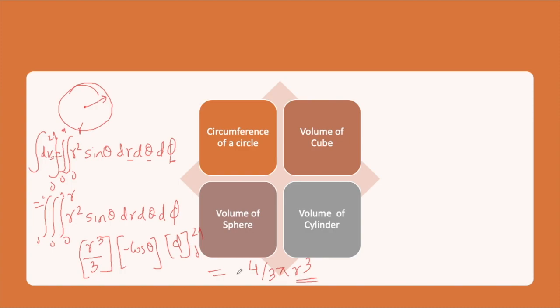With the help of these differential length, surface and volume, we can actually find out the surface area or volume of any kind of surface or volume. That is the takeaway of today's lecture: with the help of differential length, differential area and differential volume, we are in a position to find out the volume, surface and length of anything, and we'll later use it in calculation of the charge and all. So thank you so much.